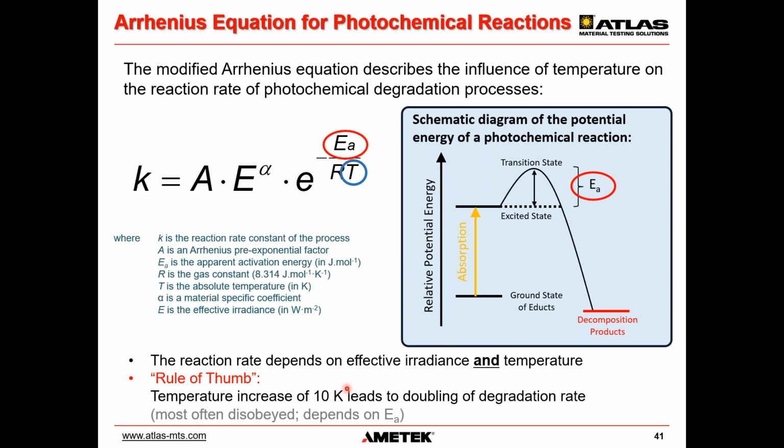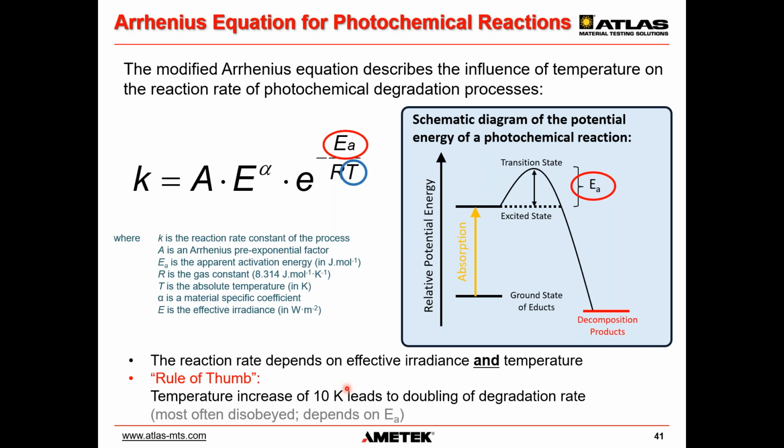There is a very rough rule of thumb, and I hear some of my colleagues from standardization already yelping right now because this rule of thumb is really very rough. It most often does not apply. It's most often disobeyed. But to give you some idea of the effect of temperature, a temperature increase of 10 Kelvin